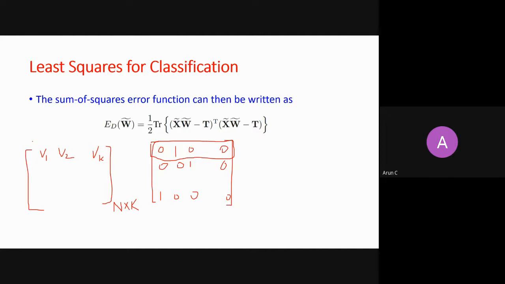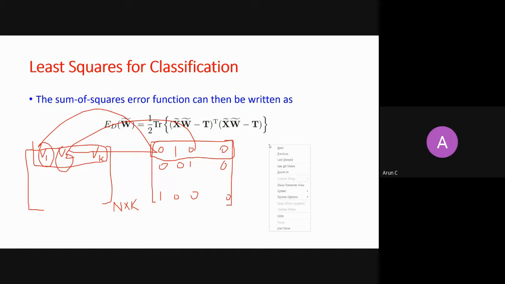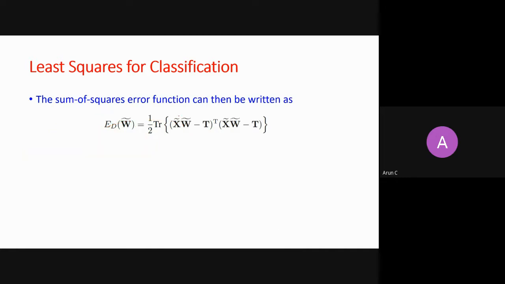And this is the prediction. So how far my prediction is from my actual target, I need to subtract pairwise, corresponding entries. So it is V1 minus 0, V2 minus 1, and likewise I will subtract element-wise these matrices, prediction minus target. Once I subtract it, I will get the total error for every prediction. So this matrix is giving me the error for every prediction.